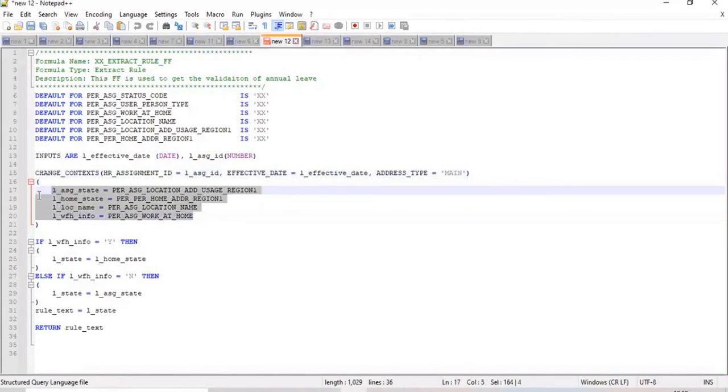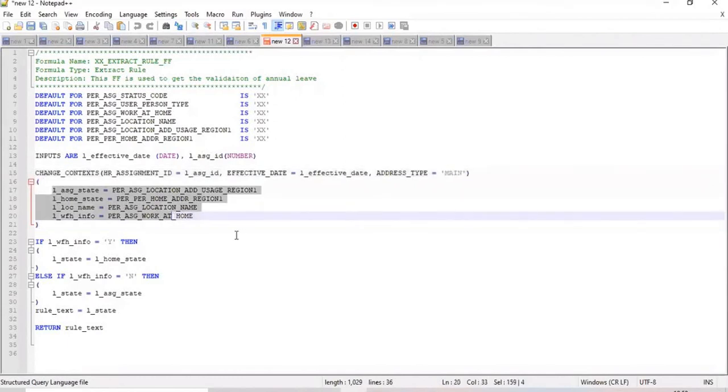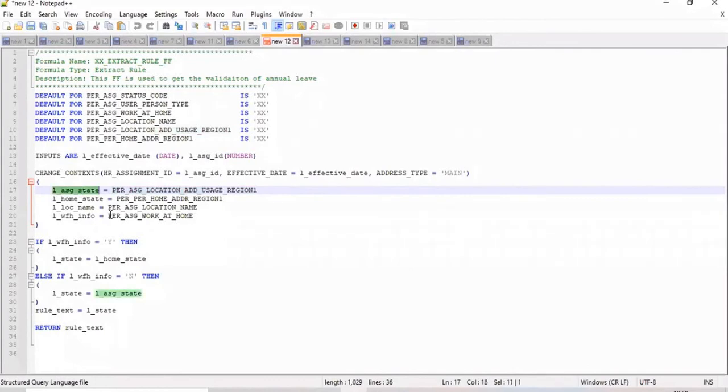If I don't write this, and directly write these values, the system will not understand. You said you want the employee location. Which employee location am I passing into this local variable? Which employee home address?